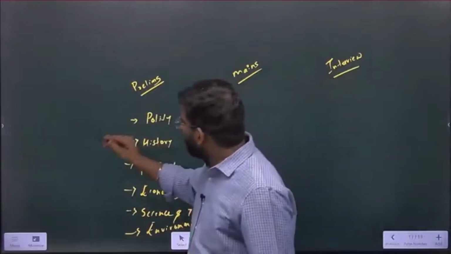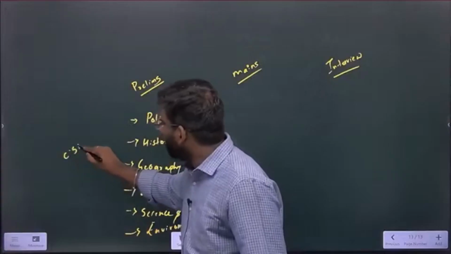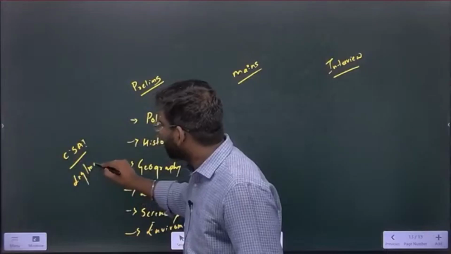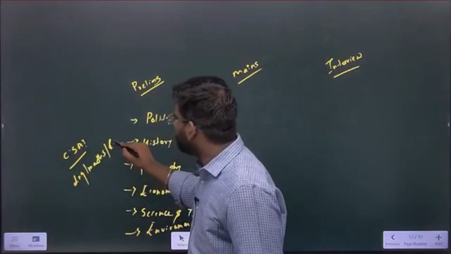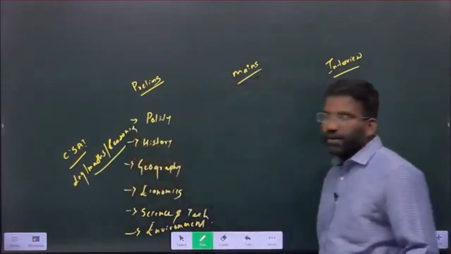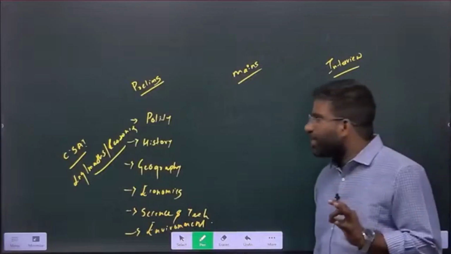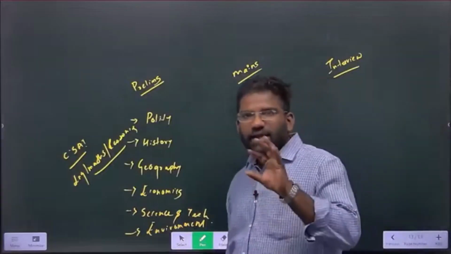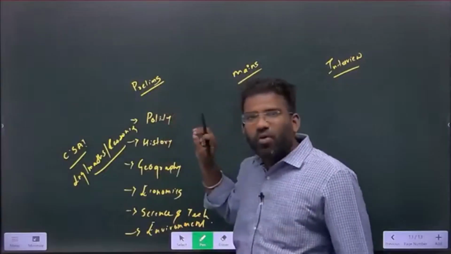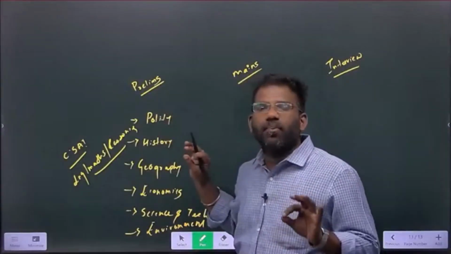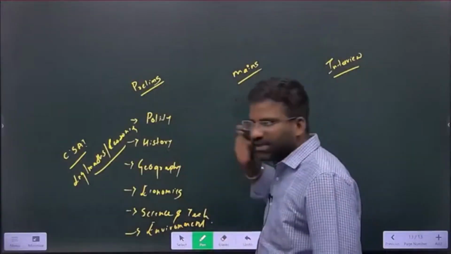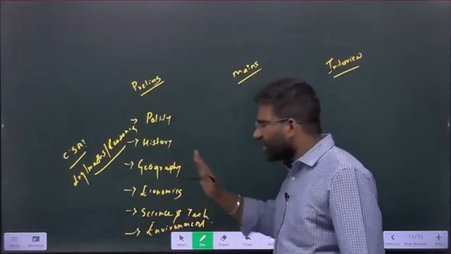ठीक है. अब इसके अलावा आपका जो सीसेट होता है, जो जीएस पेपर 2 जिसको आप कहते हैं, इसमें इंग्लिश, मैथमेटिक्स एंड रीजनिंग, ये 3 चीजें आपको पता होनी चाहिए प्रीलिम्स क्लियर करने के लिए. These are the 3 things. अब अगर आप बहुत ध्यान से देखें, यूपीएससी हर वक्त कहता है कि भाई प्रीलिम्स में आपको निकालने के लिए एनसीईआरटी बहुत अच्छे से क्लियर होना चाहिए. ठीक है. अब ये तो हो गए प्रीलिम्स के सब्जेक्ट्स. अब हम इसको ये भी देखेंगे कि पढ़ना कैसे, वो अलग बात है.